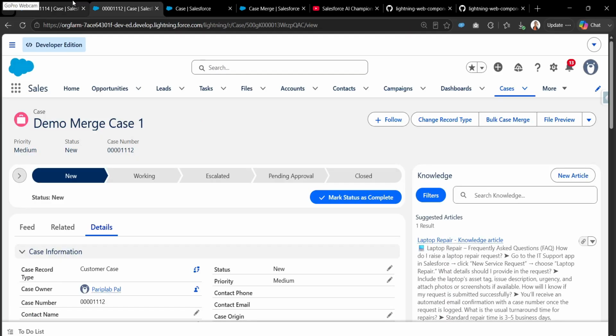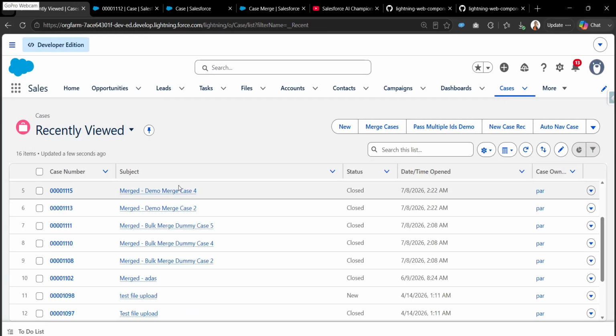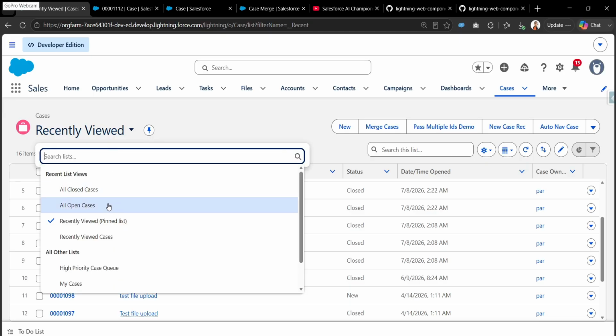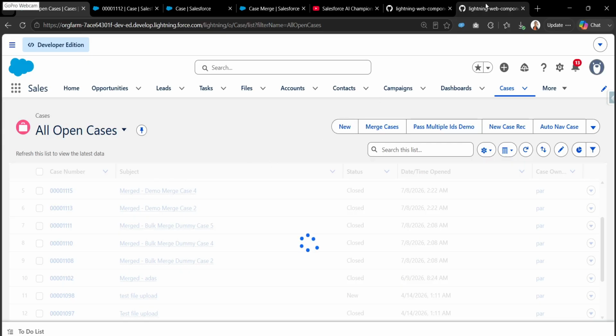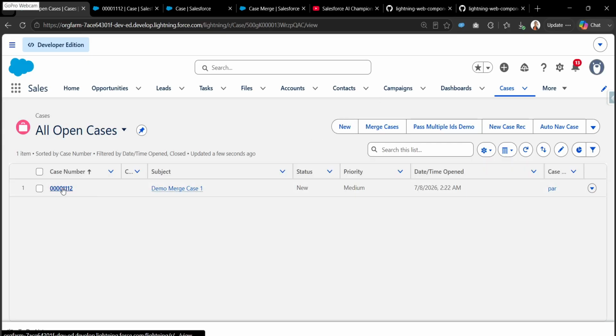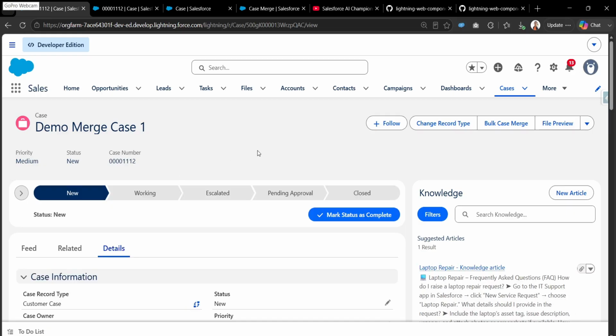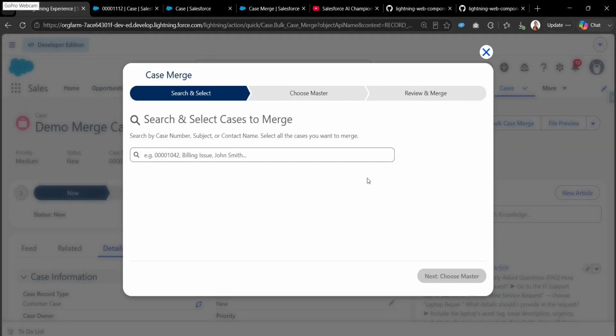And I hope you find this tutorial helpful. As mentioned, I have already pushed all the code into my GitHub repo, and you can pull the changes and play around with it. So today we have talked about this bulk merge functionality that we can customize in Salesforce. In Salesforce, since there is a limitation of merging up to 3 case records, that is why we can build this